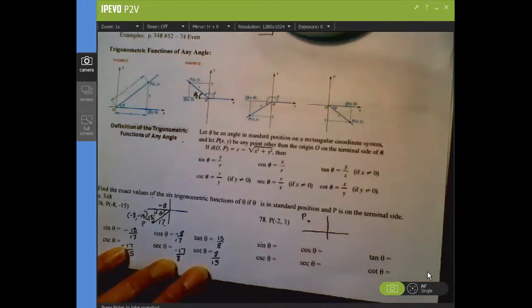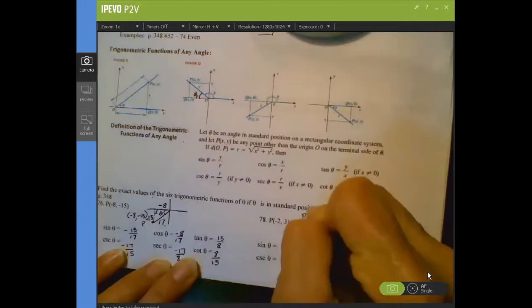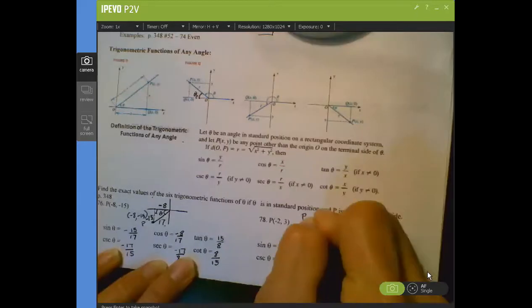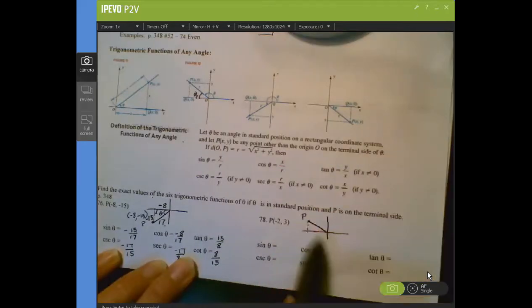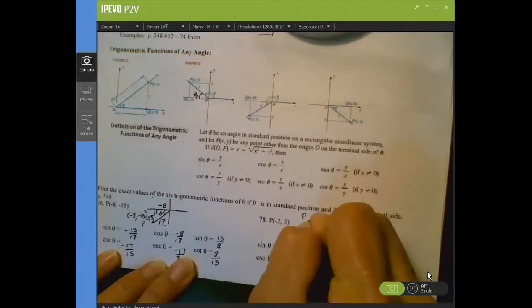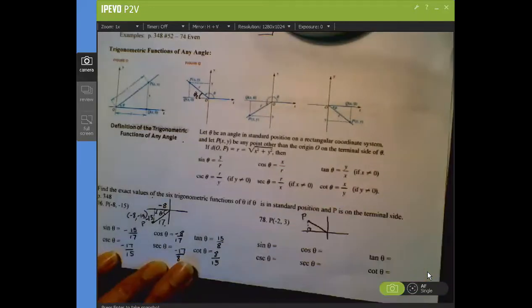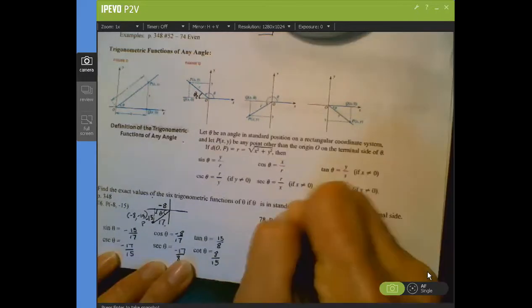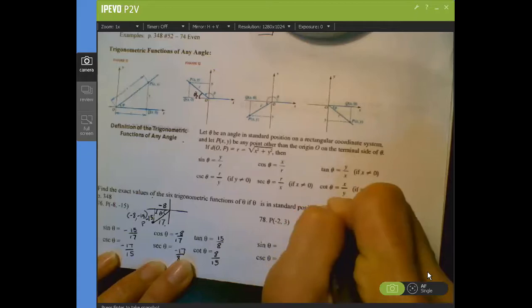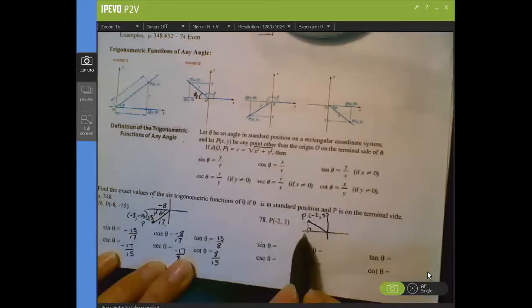I can drop a line straight down to the nearest x-axis, connect that point to the origin for the terminal side of that angle, and I've created a right triangle. If that point is the point -2, 3,